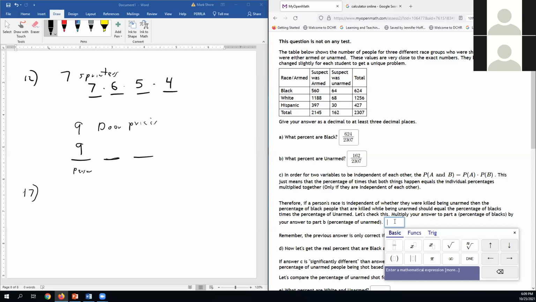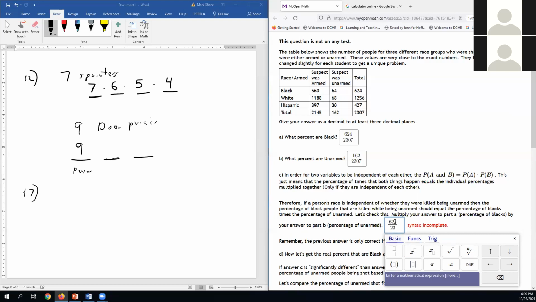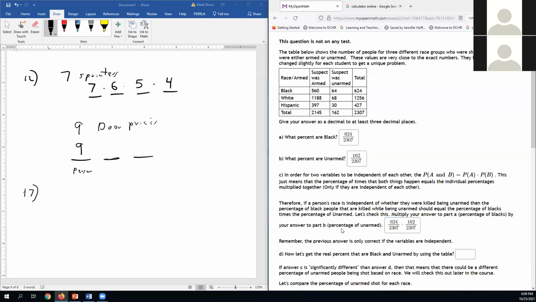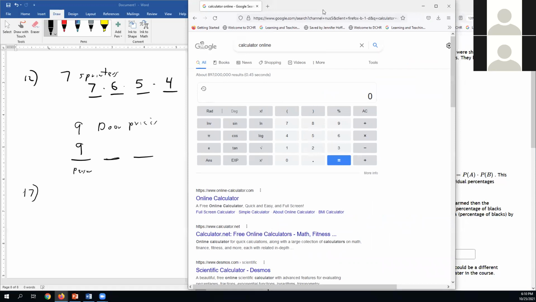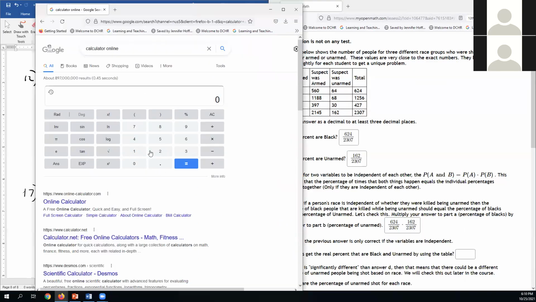So right here, we can just do this right here. We can do 624 out of 2307. And then I'll say times 162 out of 2307. Now, unfortunately, it doesn't give me an approximation for that percentage, but I do have a calculator open here. Let me see if I can do this on a calculator. So, oh, it's a mess here on this calculator. Maybe somebody has a better calculator. Right now, my calculator isn't working, but it'd be